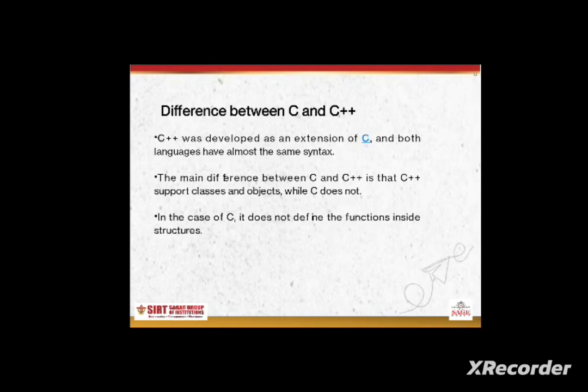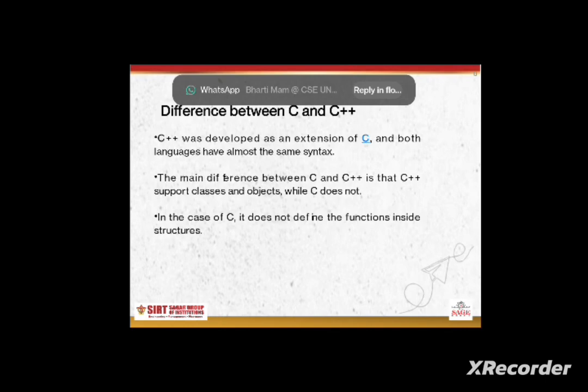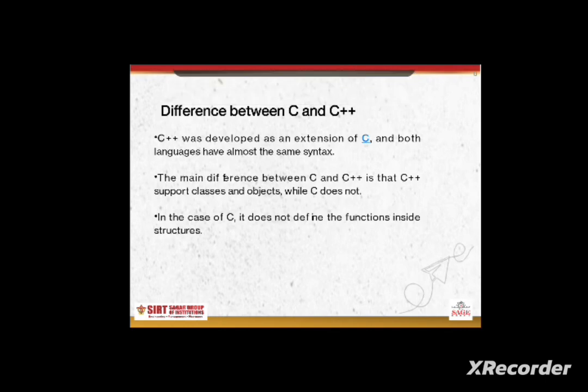But C does not include any type of classes and objects, and it does not define a function inside the structure. When we are writing any program in C, we can see there is no concept of objects.